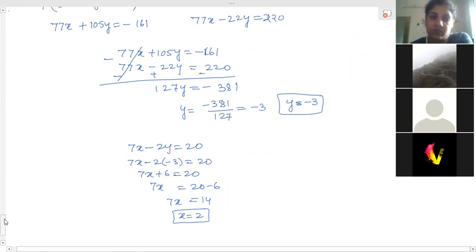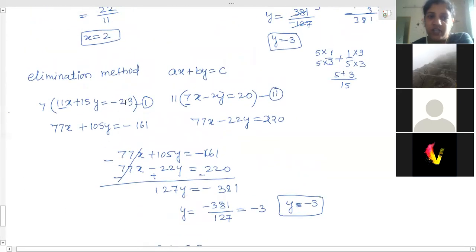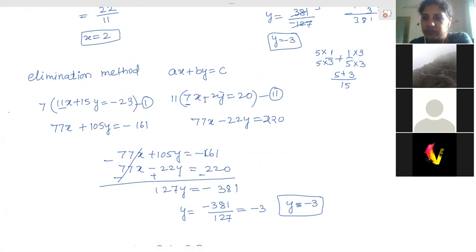Yes, ma'am. So what we have to do, we have to check the coefficients. Coefficients are not equal. We have to make them equal by taking the LCM and multiplying by the remaining numbers. Okay, so write down. Then we have to make the coefficients equal. After making the coefficients equal, we have to remove that variable, that means we have to make it 0, by adding or subtracting. When they have the same sign, you have to subtract. When they have opposite signs, you have to add.